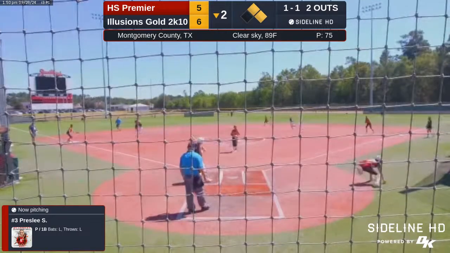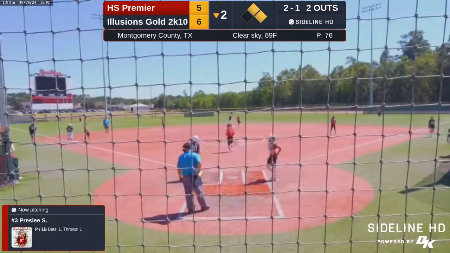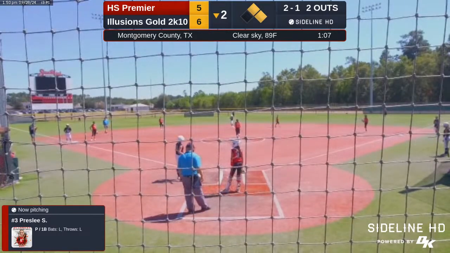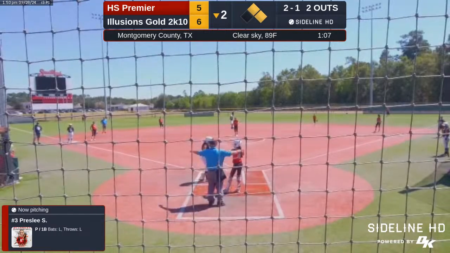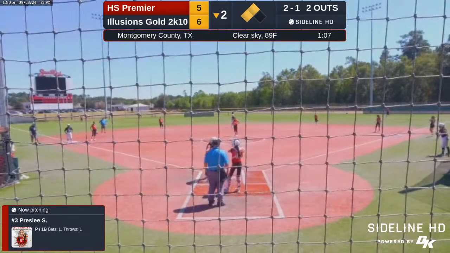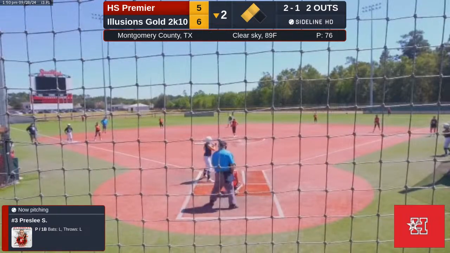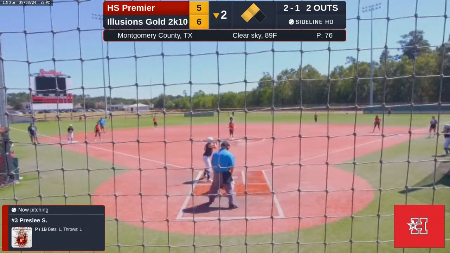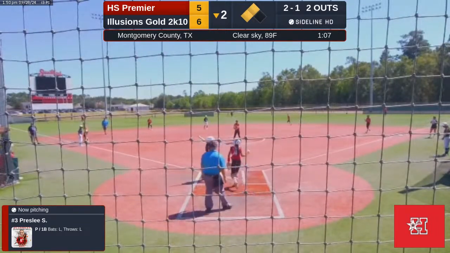Ball's off the plate and gets away. Both runners advance. Second and third, 2-1 count, 2 outs. Jets can't afford to fall any further behind here, trailing by 1. Just about out of time. Need to get out of this and get a bat in your hand.